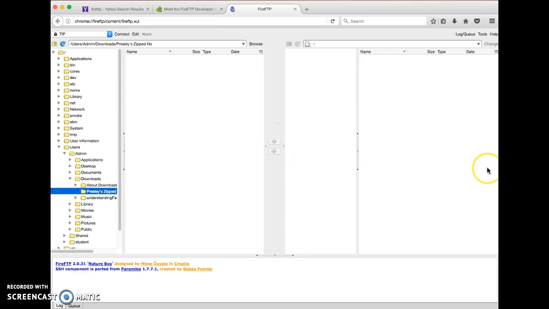On the right side is the actual space where the server information will appear. But before you can actually see anything on that side, you have to create an account. So I'm going to click Create an Account,